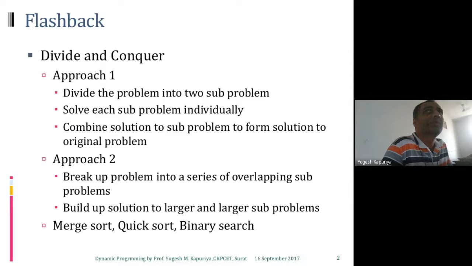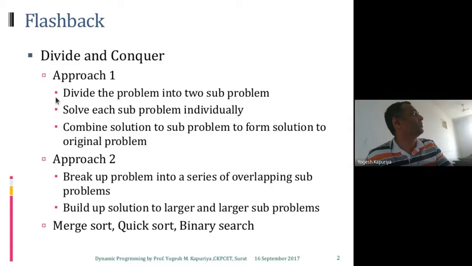First of them was the divide and conquer. Now this is an approach in which basically we divide a problem into sub problems, right? So let's say if you are using it for merge sort, what we are doing in merge sort is actually dividing the array into two parts. Similarly, in binary search we are supposed to find something inside the whole array. So first we find the midpoint and then again we divide that into two parts, and depending on the value of the key, either we will be looking into the left part or the right part.